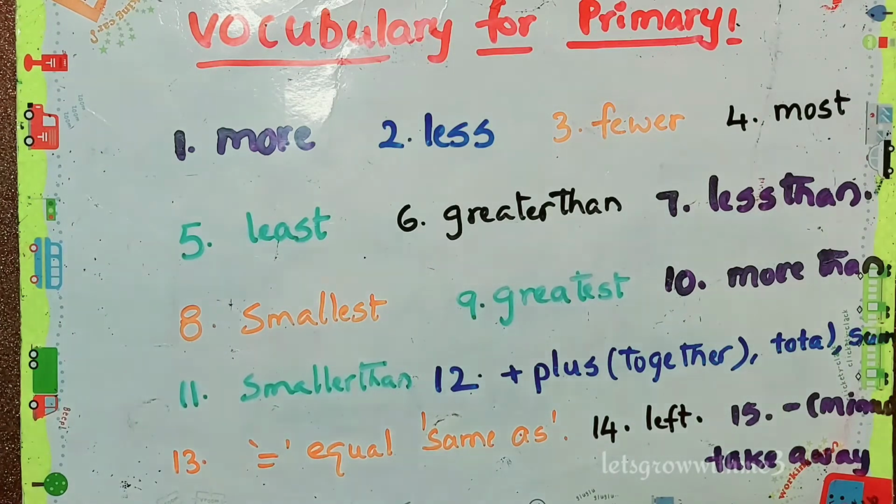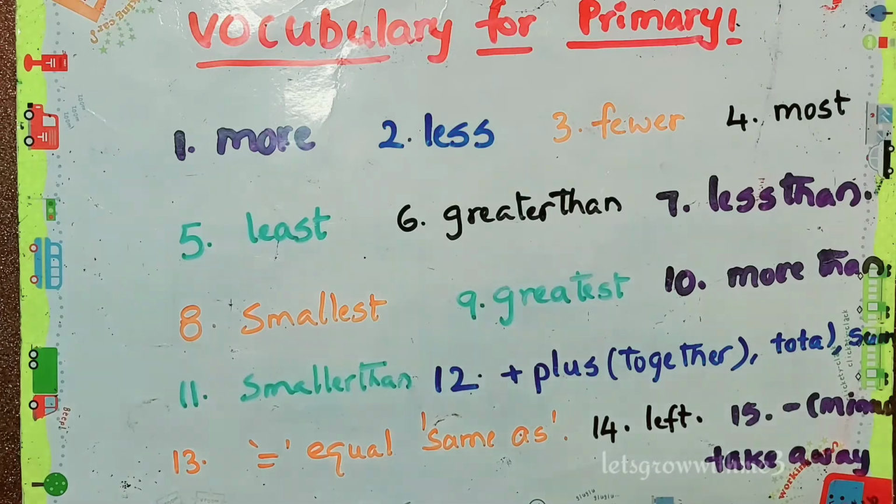So next term, more than, smaller than. Again it's like ordering. Here also we can use these between two objects or more than two objects. It is similar to ascending and descending order.